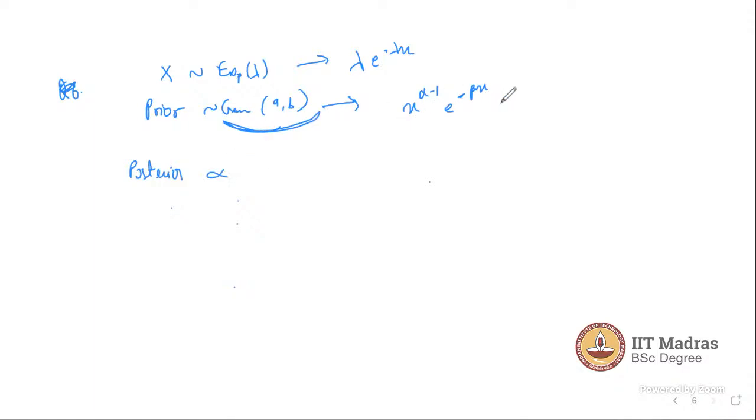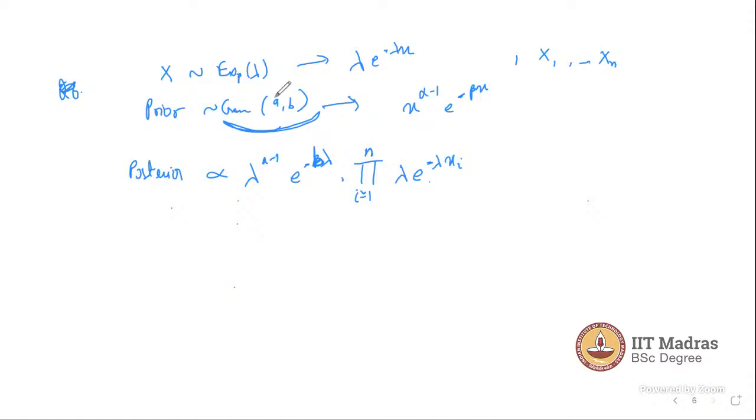So what I will write is lambda times lambda to the power a minus 1 and e to the power minus beta minus b lambda. And what is likelihood? So likelihood is a sample that you had observed there. So it is going to be the product of lambda e to the power minus lambda xi, where i is varying from 1 to n. And let's say if I have observed n samples, x1 to xn,